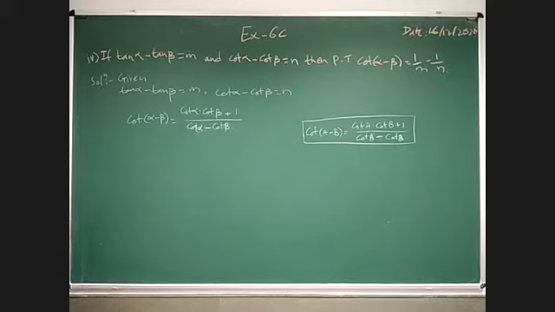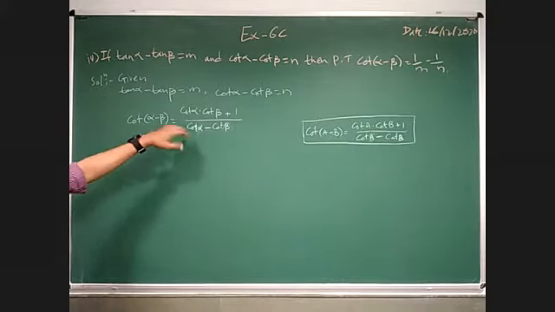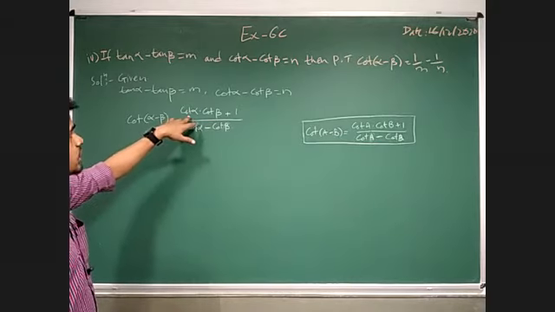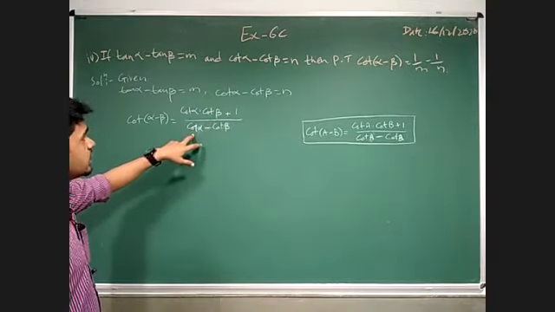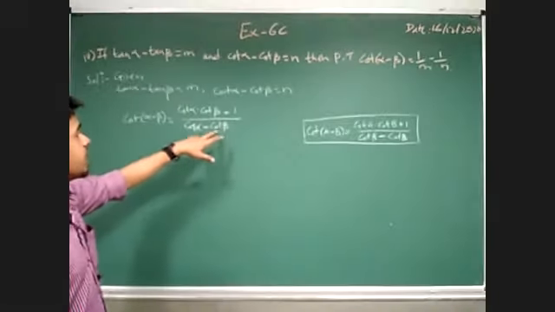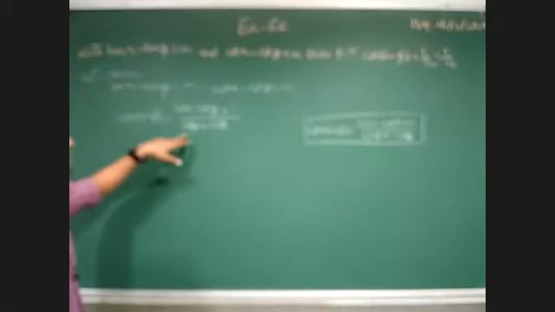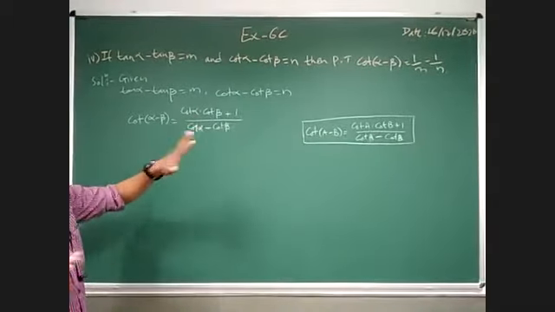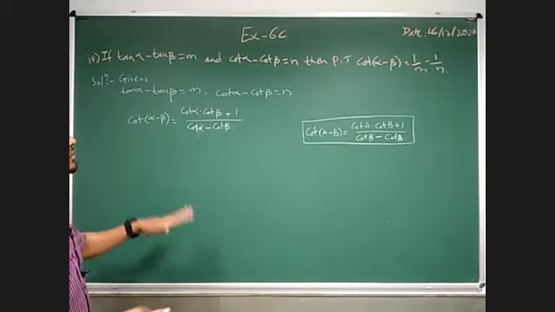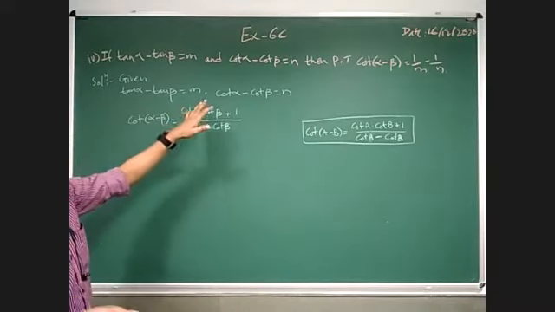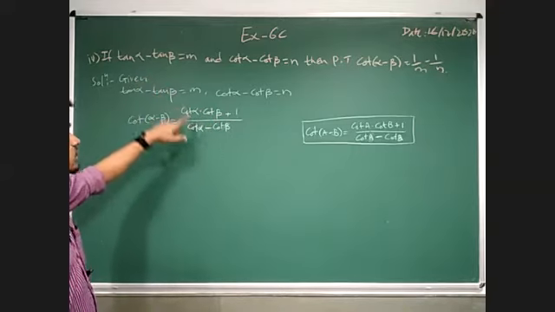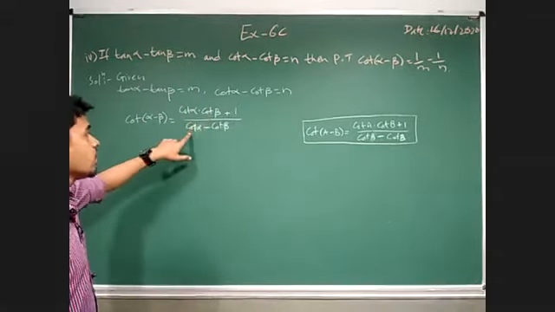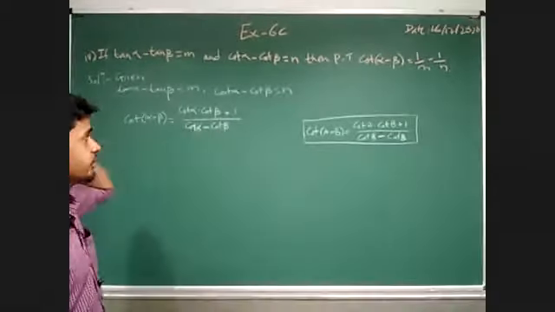I have a doubt. Cot alpha, cot beta. Okay, so just see here. We don't know cot alpha into cot beta, and we have to find cot alpha minus cot beta. I want to know cot alpha, but cot alpha is not given and cot beta is not given. So I'm going to use these two things that are given. With the help of given things, I'm going to find cot alpha into cot beta and cot alpha minus cot beta. Okay. Just see here.